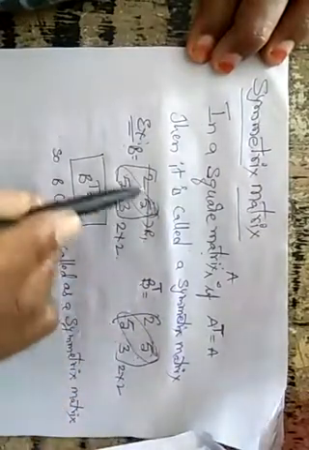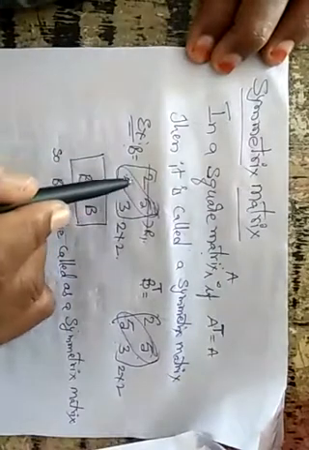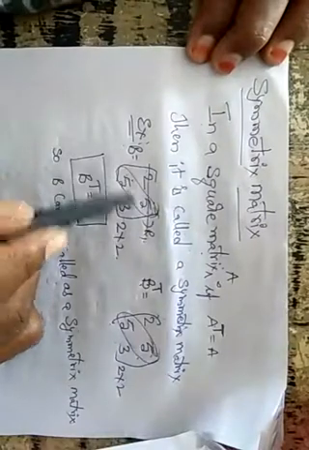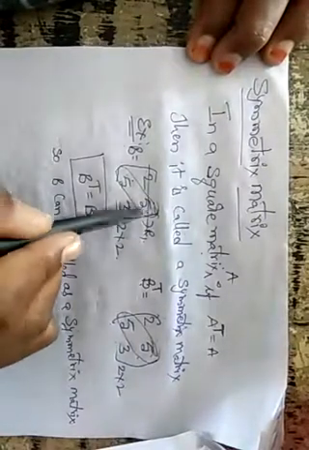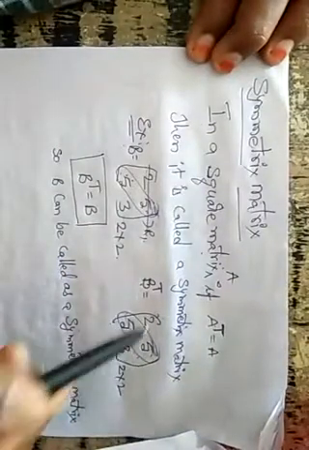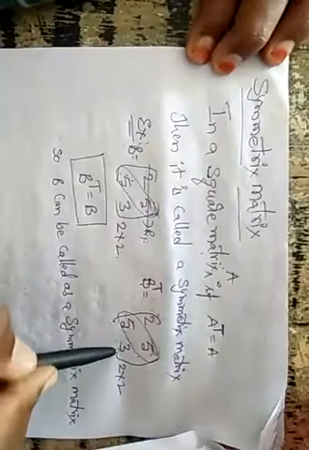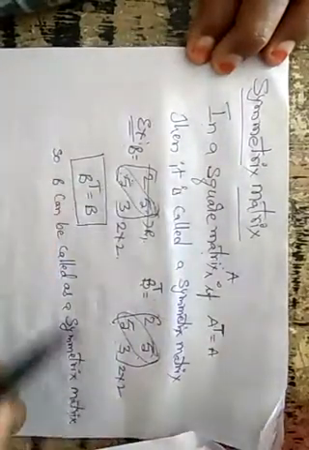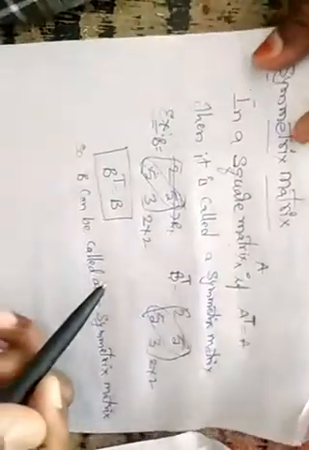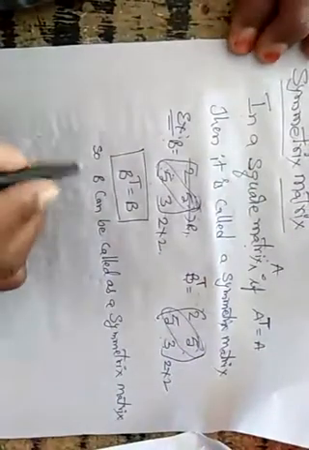By observing these matrices, we can simply say whether it is a symmetric matrix or a non-symmetric matrix. If these left side corner elements are the same, then we call the matrix a symmetric matrix. With this rule, we can write any number of symmetric matrices. Let us take one example.